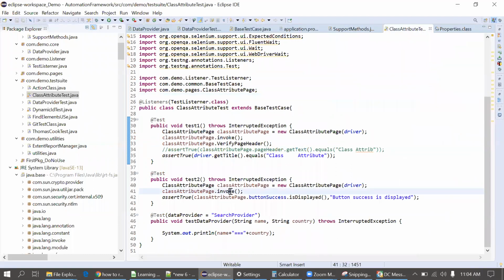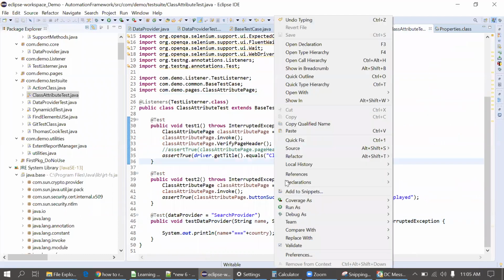Why is it not executing the third test? Okay, fine. Actually, I have used the data provider here. Let me modify this test case, the last test case. Okay, fine. Execute it again.